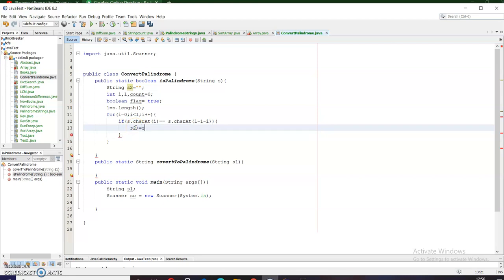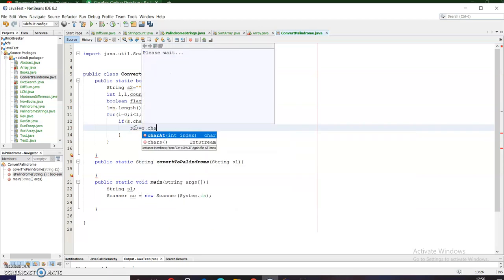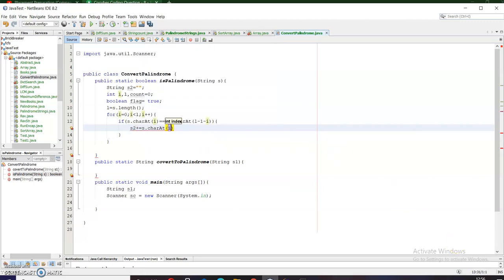s2 is equal to s1 dot s dot charAt, and here I will write the condition L minus 1 minus I. That's all. Means I will compare the characters of my string and will add this to a